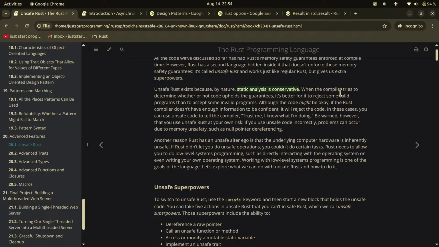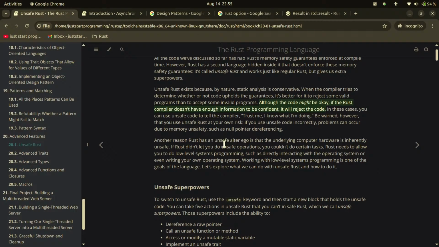When the compiler tries to determine whether or not code upholds the guarantees, it's better for it to reject some valid programs than to accept some invalid programs. Although the code might be okay, if the Rust compiler doesn't have enough information to be confident, it will reject the code. Yeah, so I think this part was mentioned previously also,